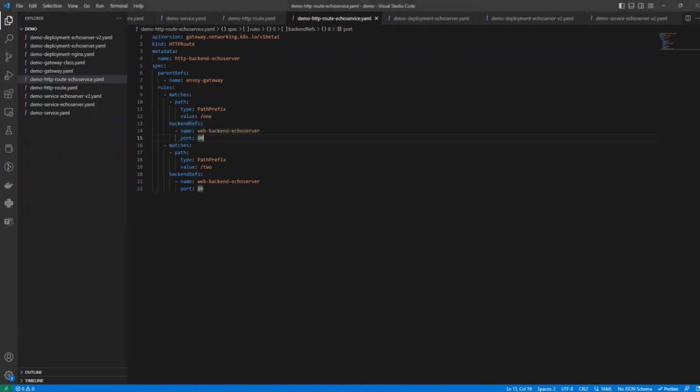Another backend reference, 1 minute, copy it, sorry. Just 80 only, so now we have two. This one is pointed to back server 1, here we can give it to 2, so that it goes to